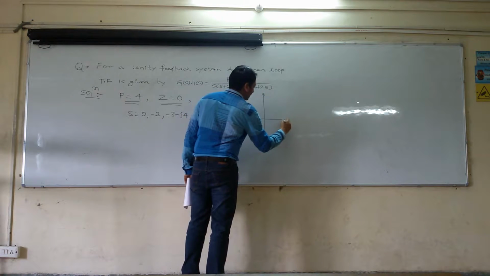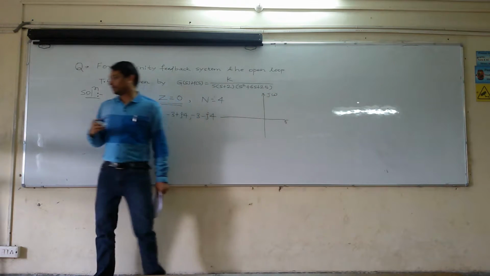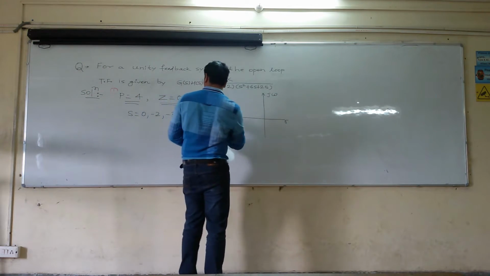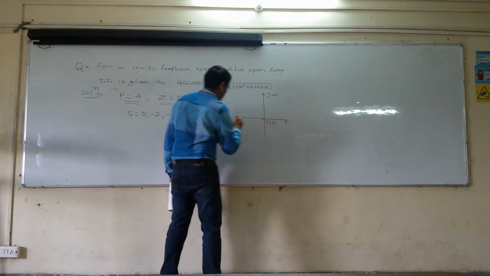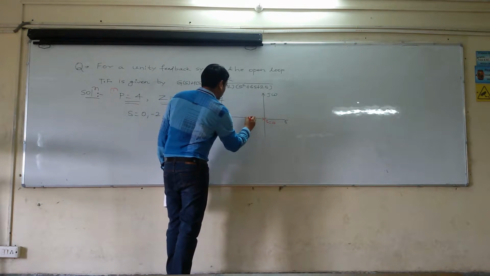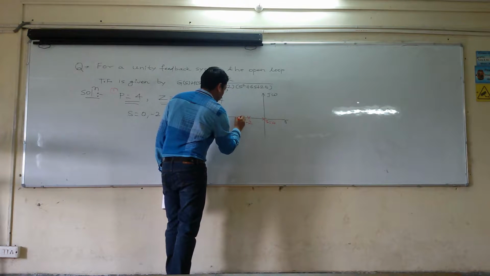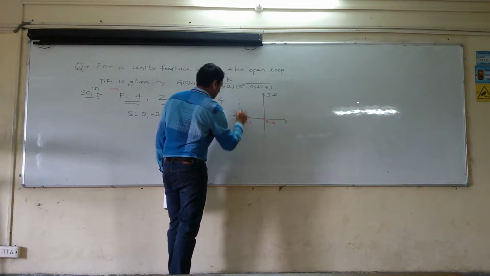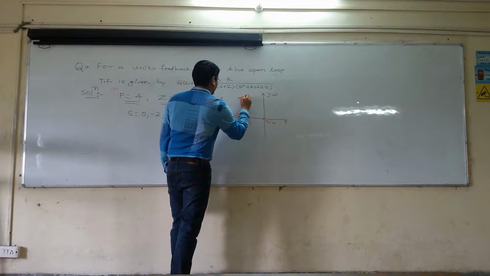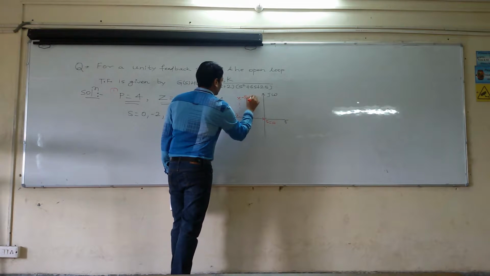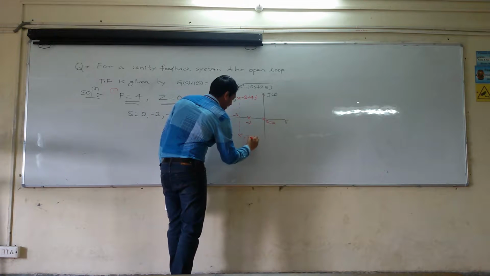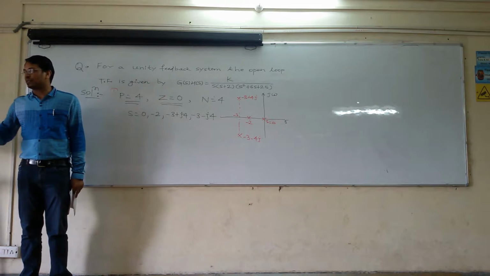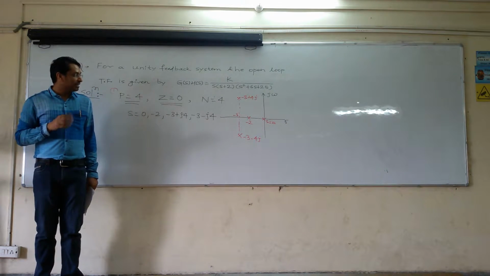So your first point will be like this. Finding the number of branches is your first step. So I am going to locate this. This is s equal to 0. What is this? s is equal to, you can say, -2, and this I am going to take. This is the point -3 to 4, this point. This is, you can say, -3 plus 4j, and this is -3 minus 4j. So we have located. Second step is that we have to find whether there is any section or not.